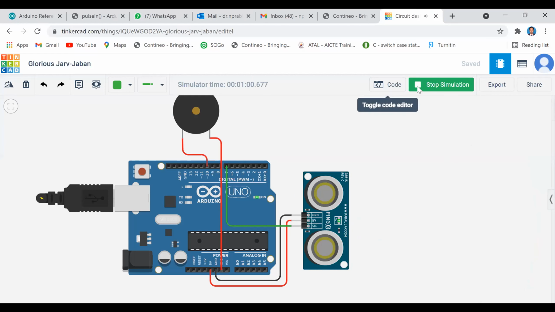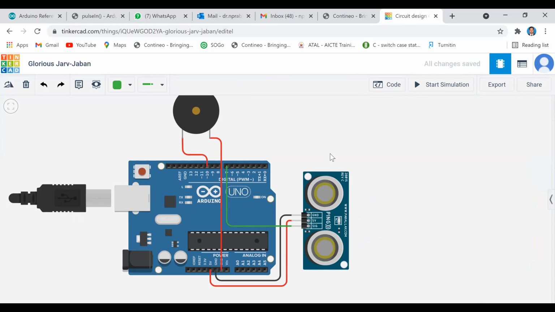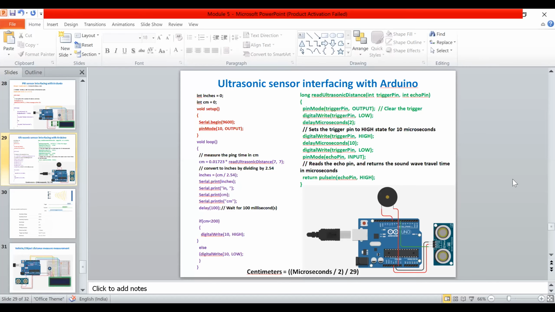Okay, that's it. Today's class. If any doubt, we can discuss the program, because you have to understand the program first of all. Any doubt in the program, you can discuss now. Most of the students will copy all the code from the net and paste it in the software. Fine, but you must understand what is happening inside the program.